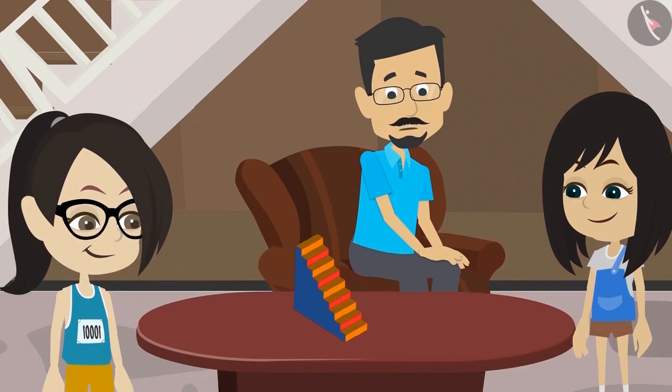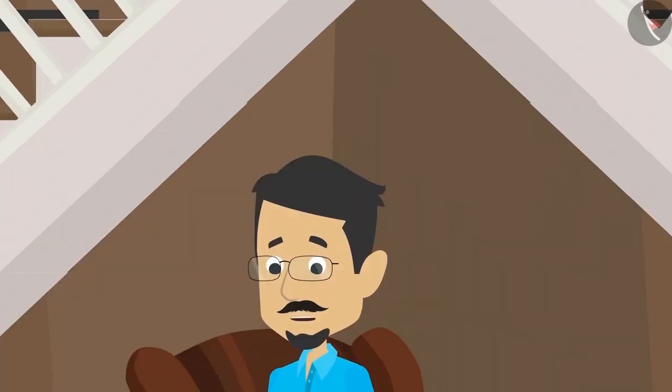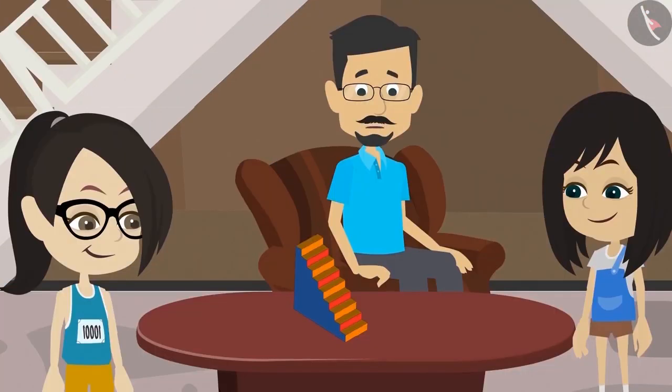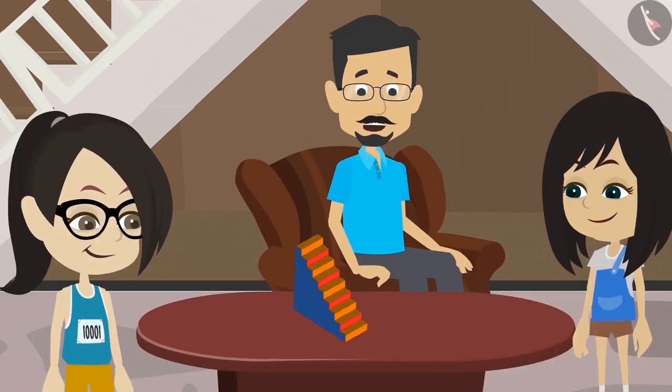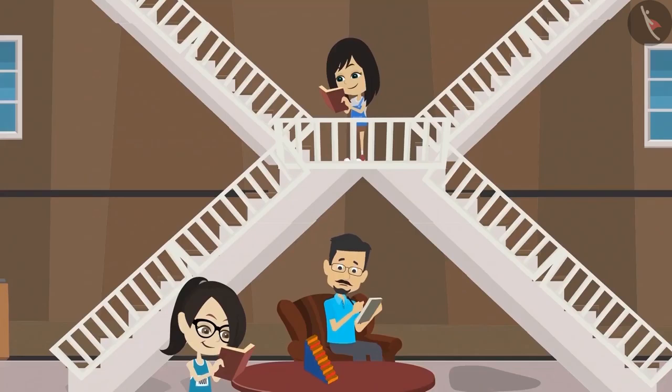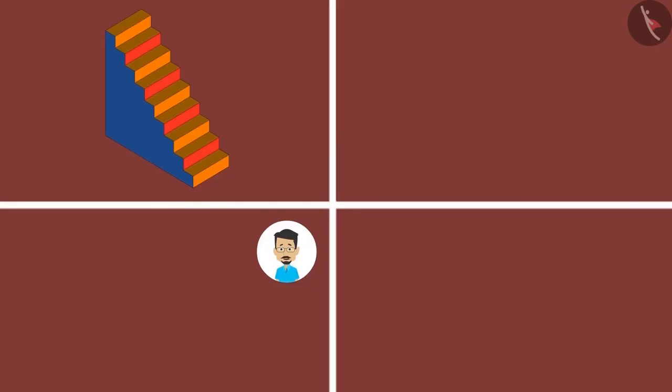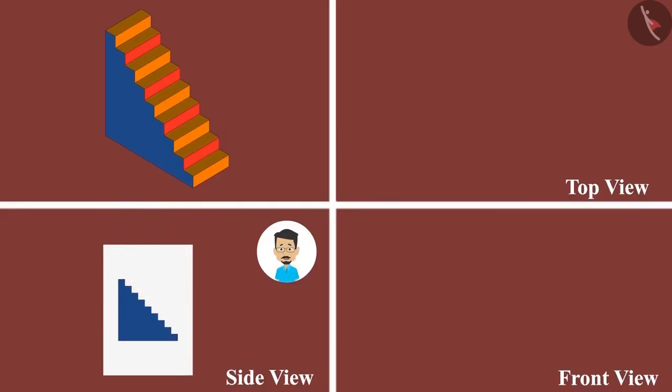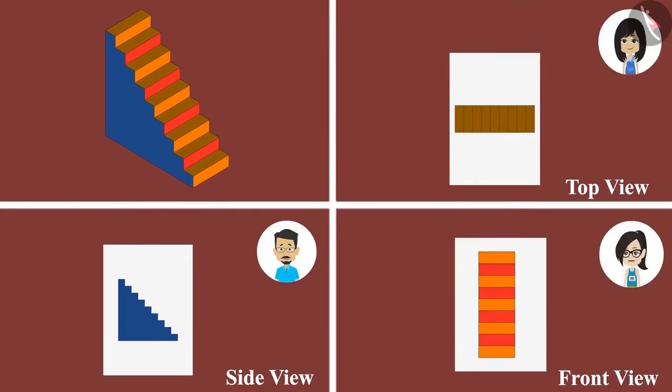I will make it from here. I can see this side. Vandana, you make it from here because you can see it from the front. And Neha, you make it from upstairs because you will then be able to see it from the top. Okay. I have completed the drawing from my side. Even mine is complete. See, the 3 of us have made a picture of the same staircase, seeing it from different sides. That's why each of our drawings look different.